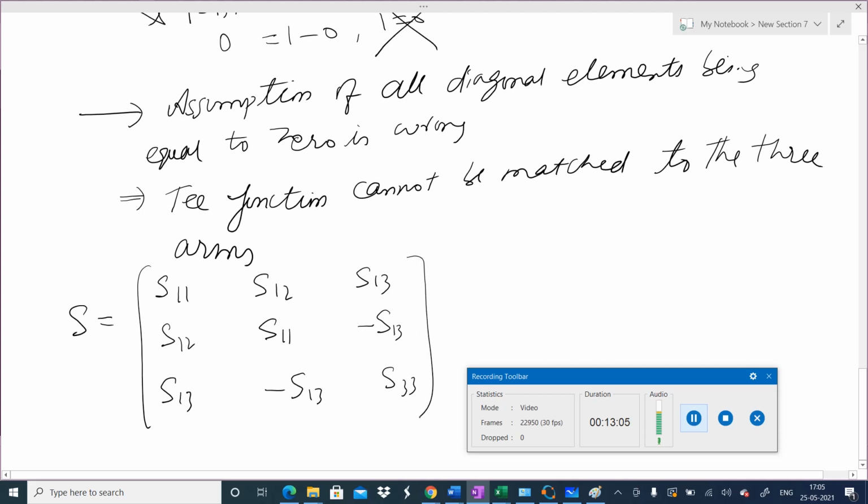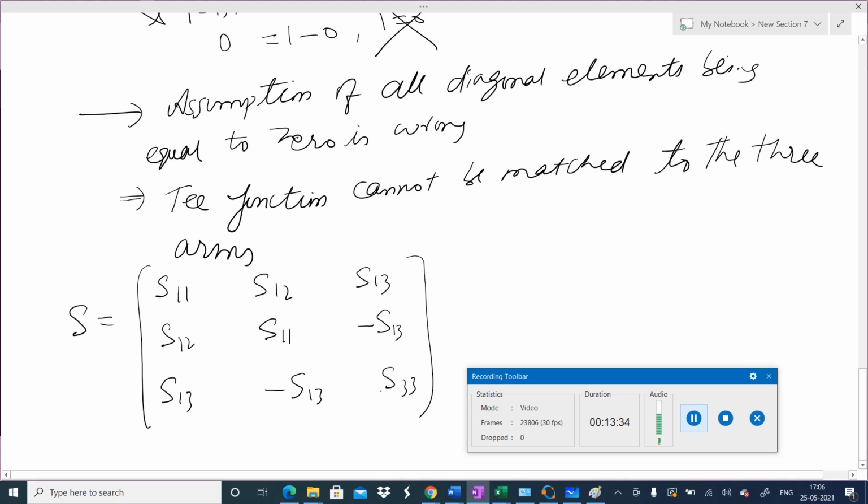Then I need some further given information. Depending upon the problem, I may be given some input and output parameters by which I can get the others. You see, now the S matrix has only 4 variables. So from 9 we have boiled it down to 4 variables. Now we need some further information that will usually be given. Usually the S matrix is given to you.